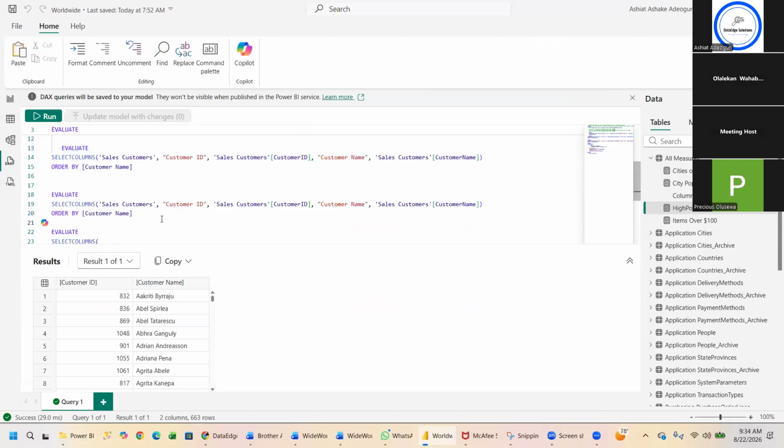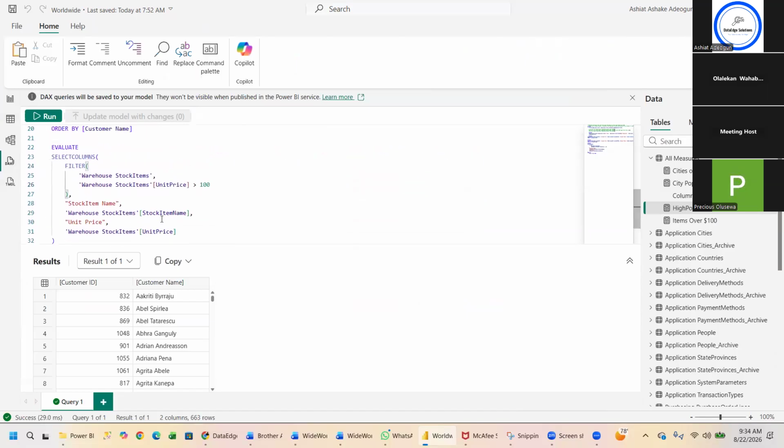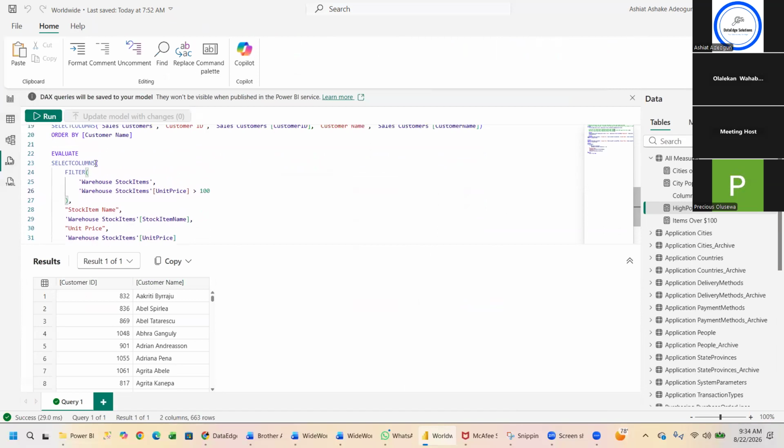I think I wrote it. Select columns. I told you earlier that whenever you want to select specific columns from your table, you start with evaluate, select columns. So I want to filter. I first filter the stock item unit price because I'm looking for all the unit prices over $100. And also I want to extract the stock item name and unit price. When I run this part,